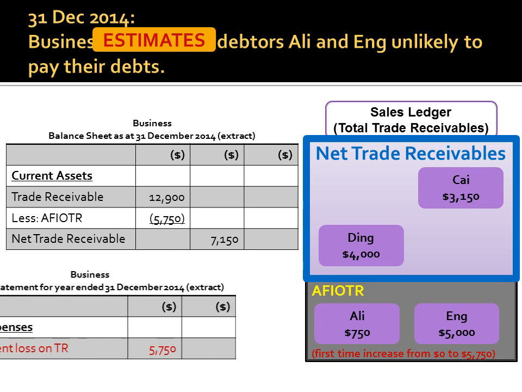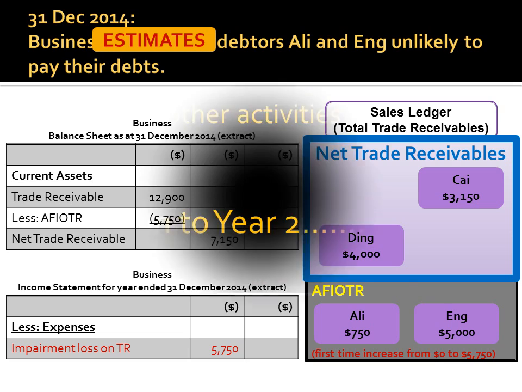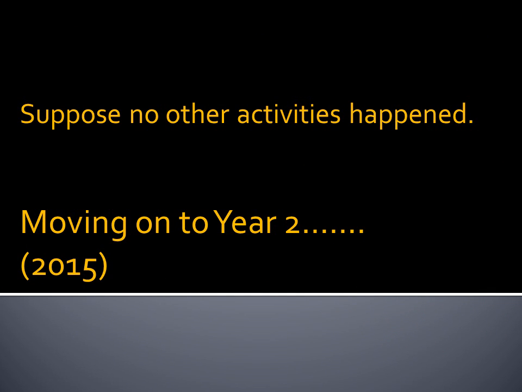And as mentioned previously, in our income statement, we would have the impairment loss on trade receivables account. The impairment loss on trade receivables account is the change in the balance of your allowance account. No other activities happen during the end of the first year. We will move on to the